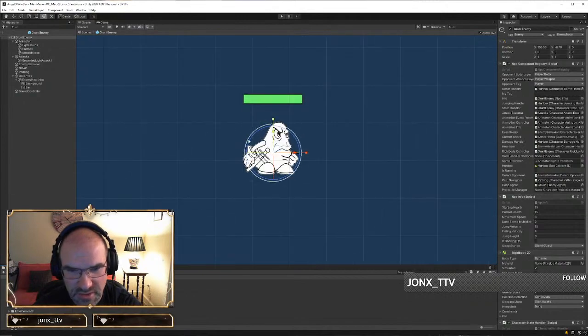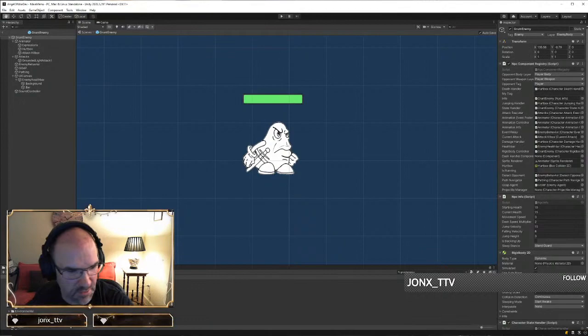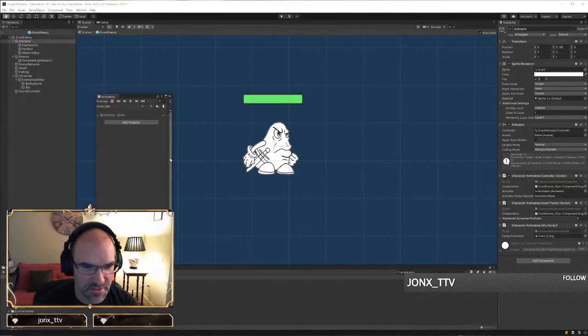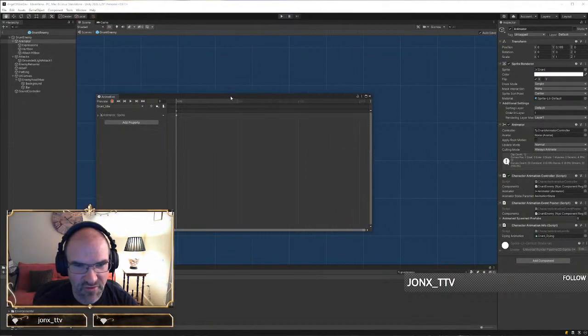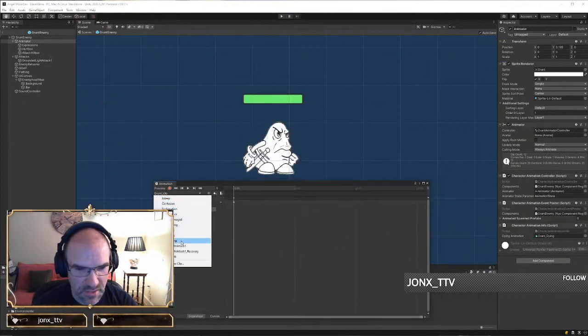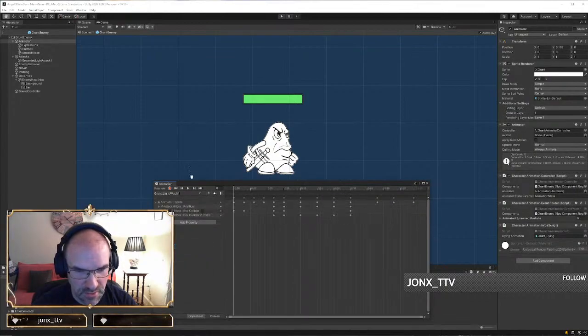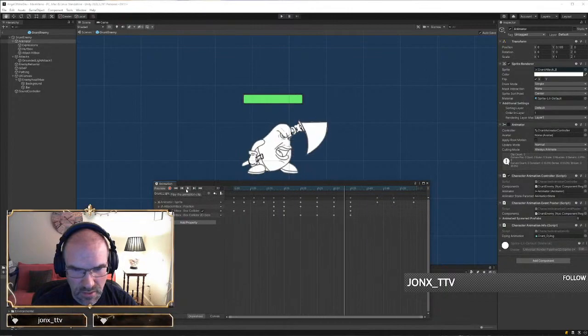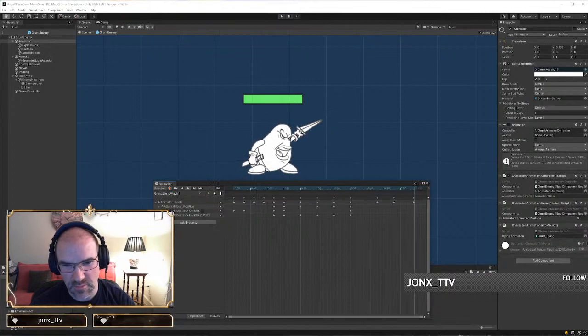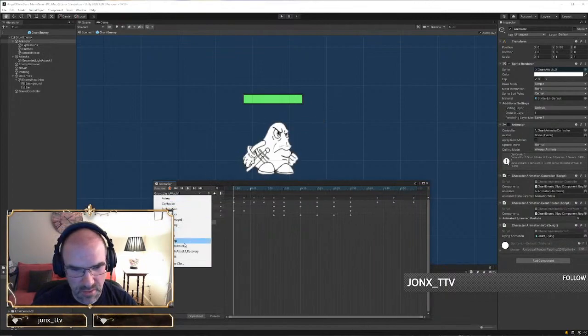Now, what you'll notice about this character is he is not colored. He is not colored at all. What you might also notice is some of his animations are okay. Like his attack animation looks pretty cool. Where is that? Yeah. You can see there's some feet clipping in there that needs to get cleaned up. And then we also need to